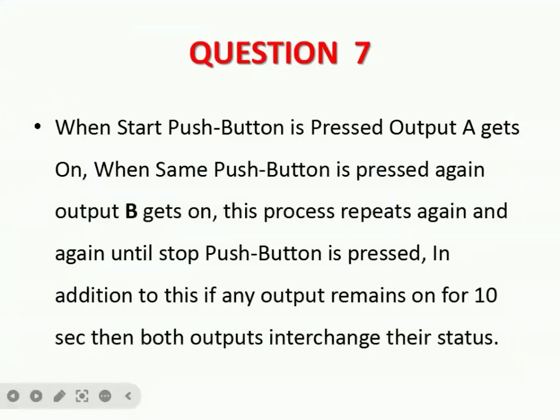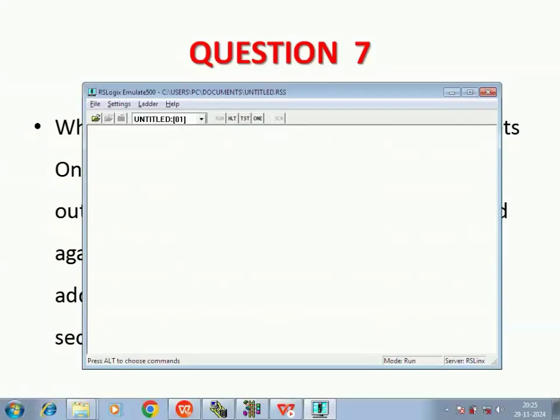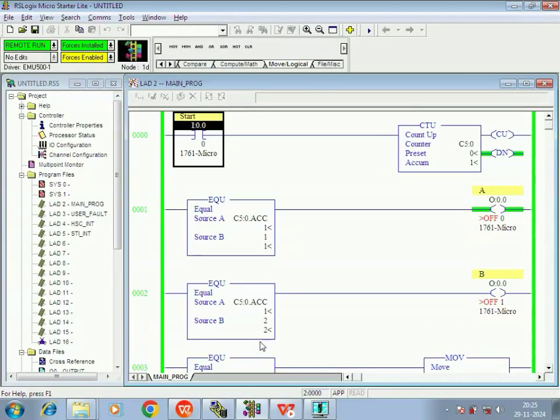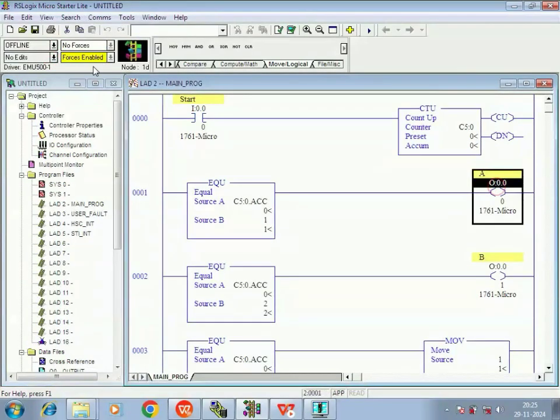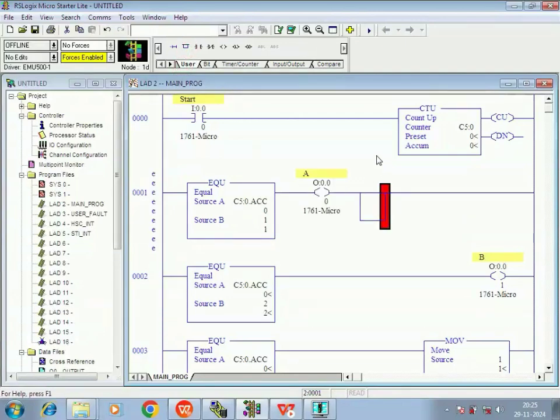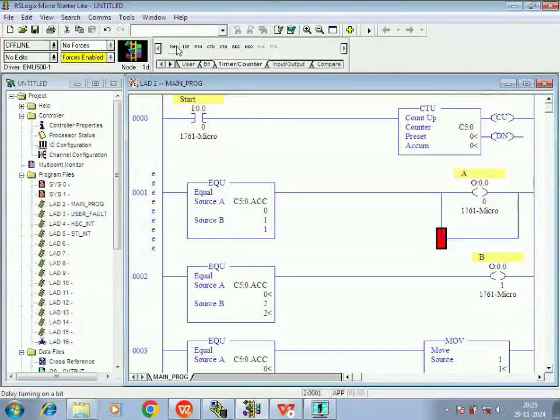The second part is, in addition to this, if any output remains on for 10 seconds, then both outputs interchange their status. So you have to put a timer in this. We'll add a timer so that we can get the timing of any output being on for 10 seconds. So we'll use a T-on timer in parallel to this so that we can check the on time for the output. Okay, so we'll take a timer over here, a T-on timer,